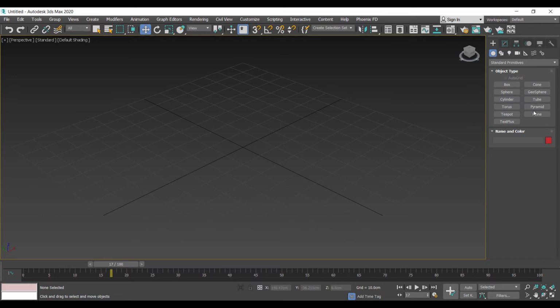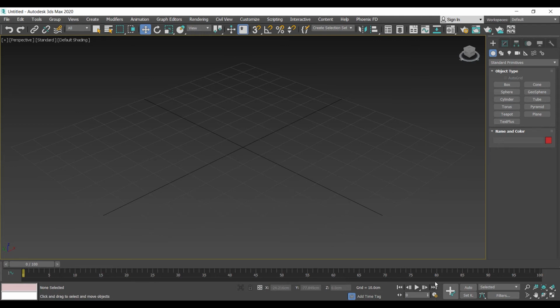It's a bit huge, but it's really essential, and we're going to be going there every time we use Max. The third area is the area underneath, below. We have the timeline, we have the X, Y, Z of each object, the coordinates where the object stands in space. We have the units and the grid measurements. For example, it says 10 centimeters, so each one of those is 10 by 10. We can change this, and we're going to talk about it later on.